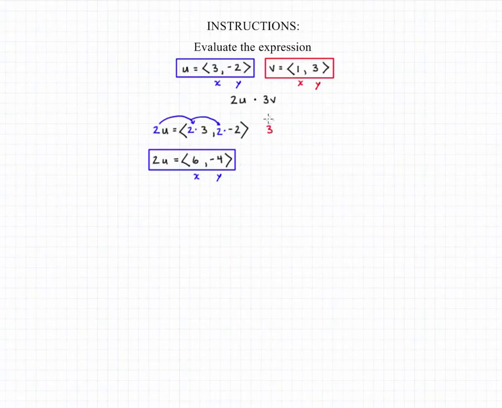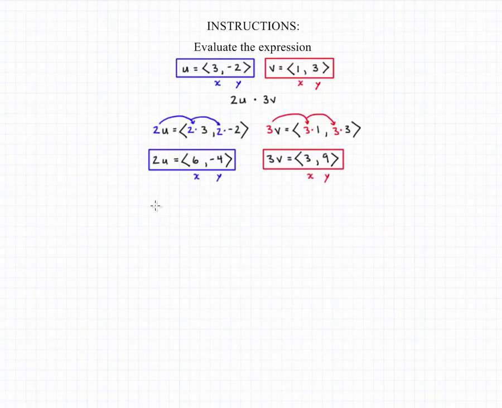To calculate 3v, we're going to do a very similar procedure. We again have a vector being multiplied by a constant, so we take that constant and we multiply it by each of the coordinates in the vector. So we'll have 3 times 1 and 3 times 3, which will give us vector 3v being equal to (3, 9). And this too will have a new set of x and y coordinates, which we now can use to